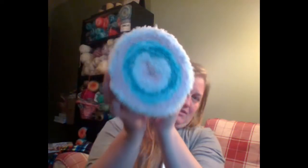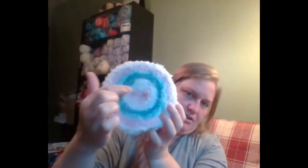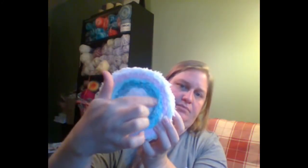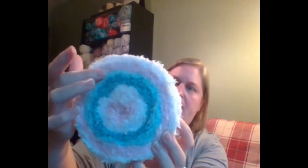So I went and got Bernat Pipsqueak yarn for my grandma's blanket, and this is the color that blows it out. That's a little better. Anyway, this is in the color Playdate. And there's a light pink in here, and then a white, and then there's like a dark teal, and then like a mint colored stripe in there, and then it goes back to the pink and the white. And I got 4 of those,